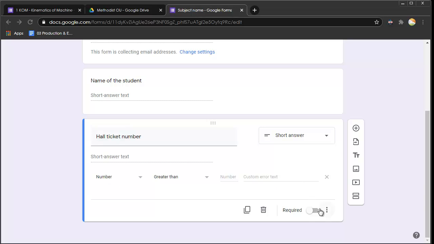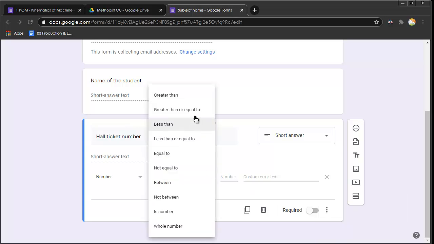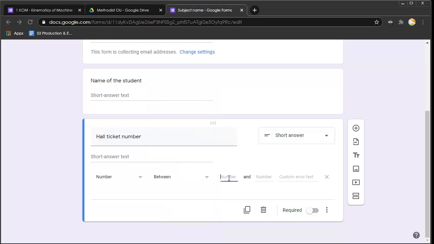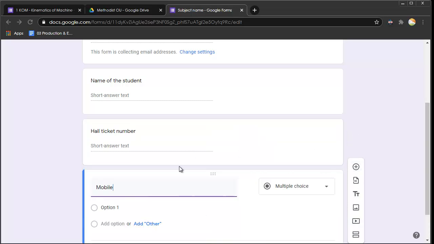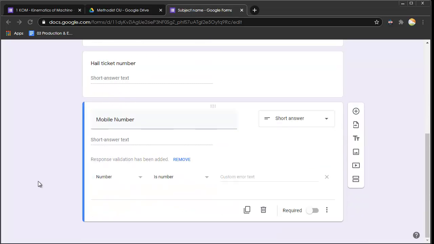We can also provide a validation of the number, like we can provide between the number, and we can provide two numbers, the highest and the lowest number that is possible for that particular batch. Then, if they are not entering that hall ticket number properly, we can provide them with a custom error message. After this, we can provide a mobile number or any other details that may be necessary.